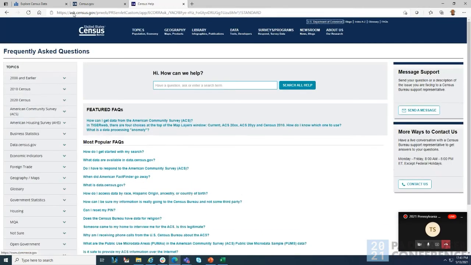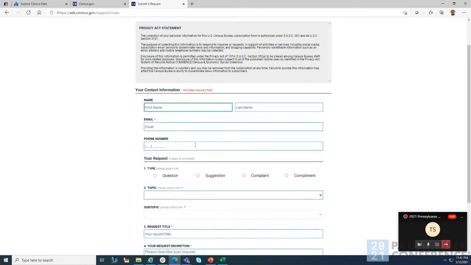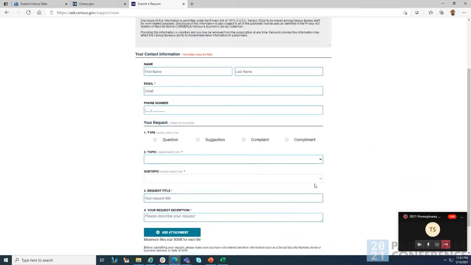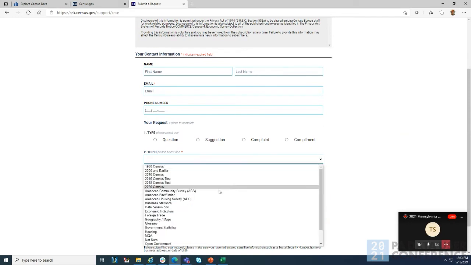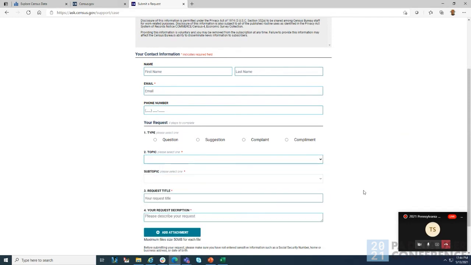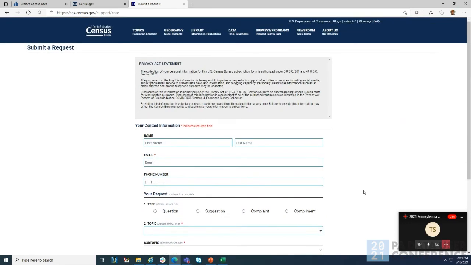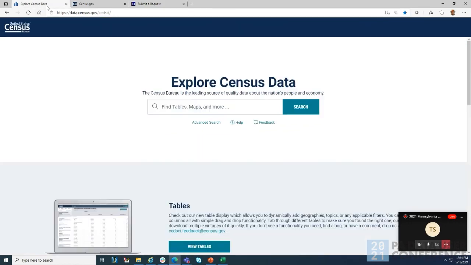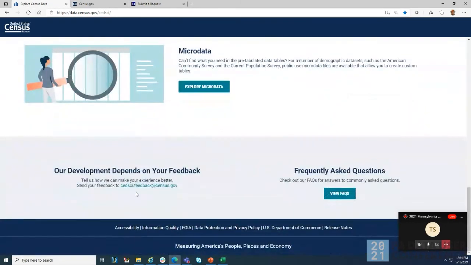So it's called ask.census.gov. And on the left-hand side, send a message right here. You can fill out the information, and when you put in your topic, you can put data.census.gov, and it'll go directly to us like an email. Yeah, it's just another way of doing it, but it's a good point. I think we have plans to have something that's more direct on the website. Maybe pull it down and do more of a form in the coming. I just don't know when it's coming now. Okay, great.